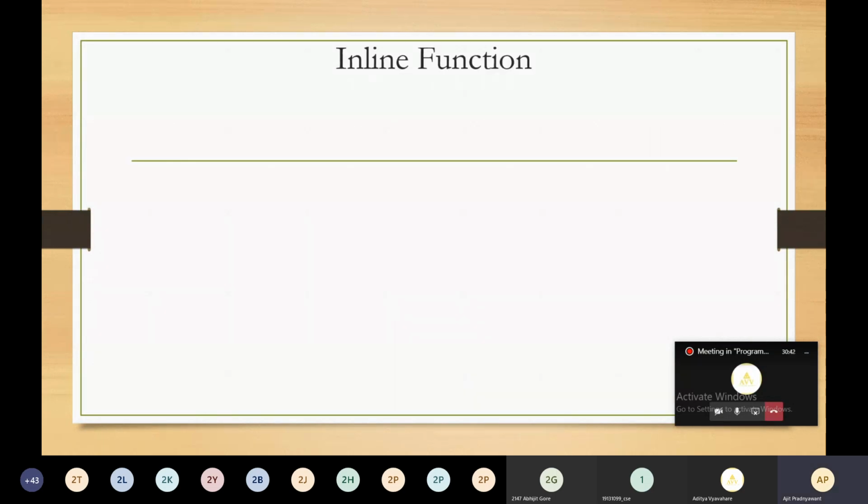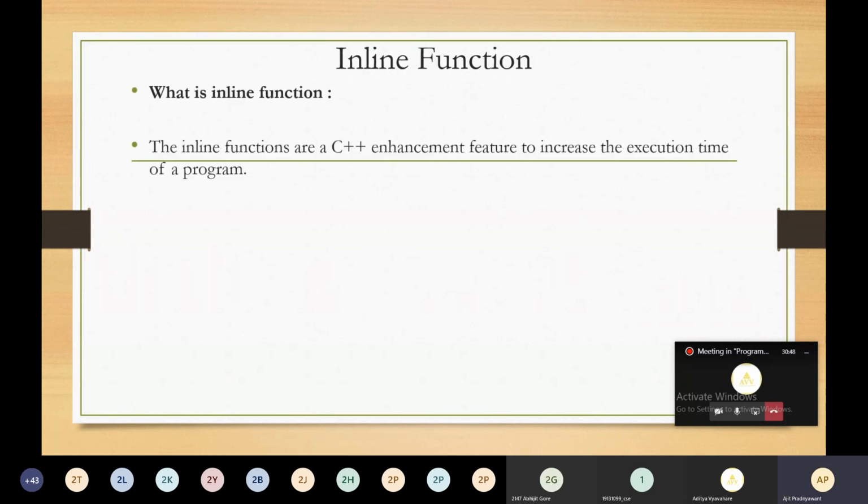So the next concept is inline function. What is an inline function? Inline functions are a C++ enhancement feature to increase the execution speed of a program.